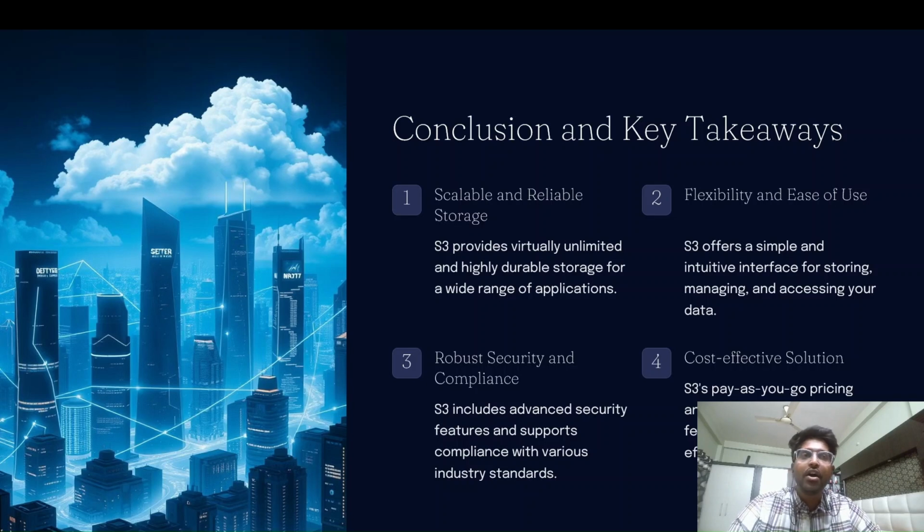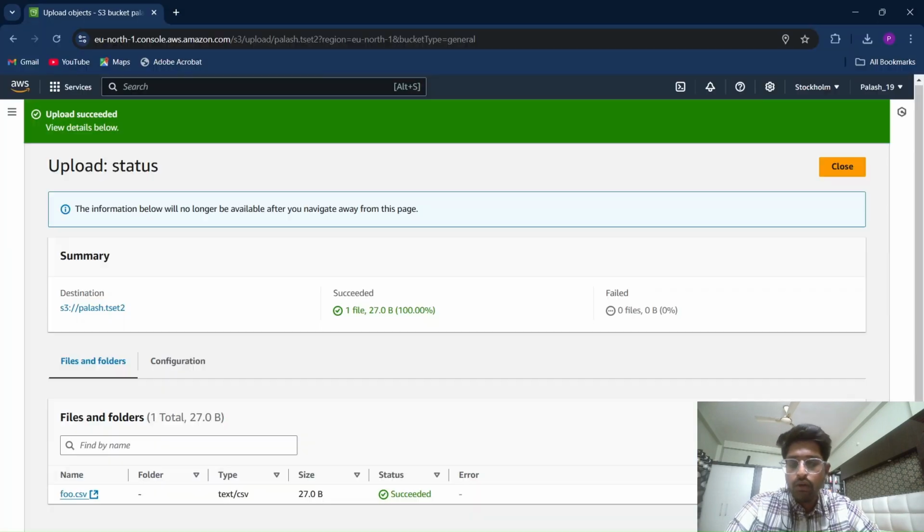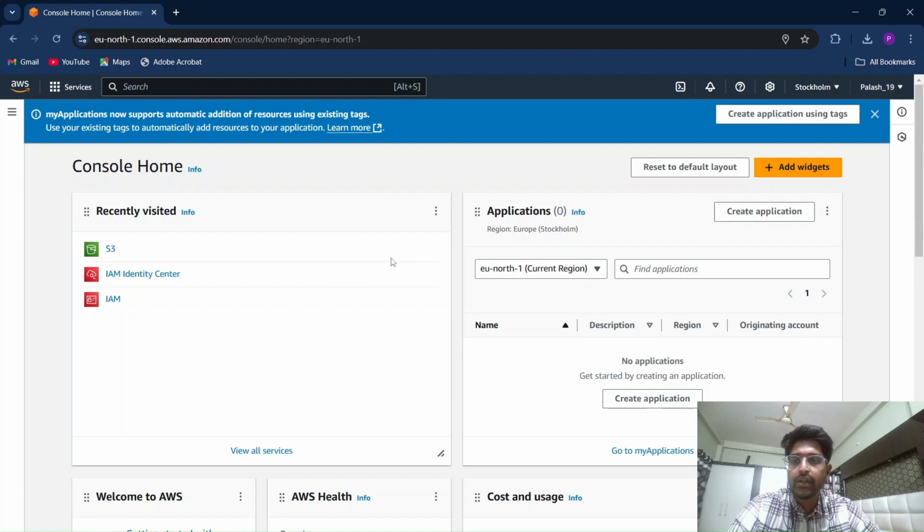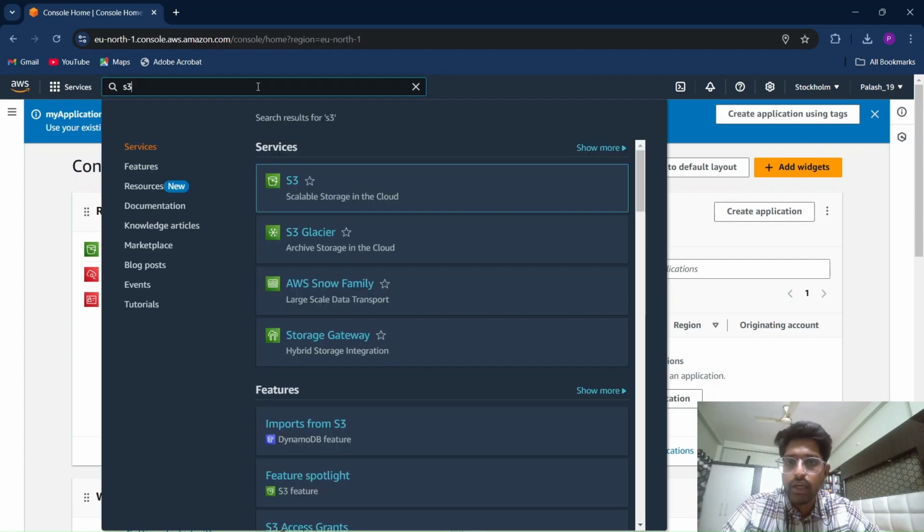So now let's see how we can create a bucket in S3 and how we can add, delete and download our data in an actual AWS environment. So now let's switch to the AWS console and let's see. So this is the AWS console. Over here, we can see various services being listed. Our basic aim in this video is about S3, so we are going to just search S3 over here